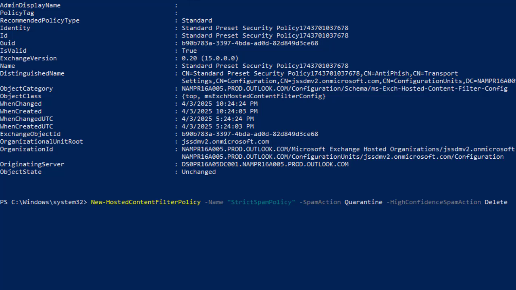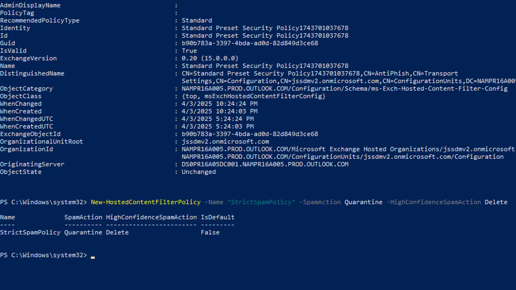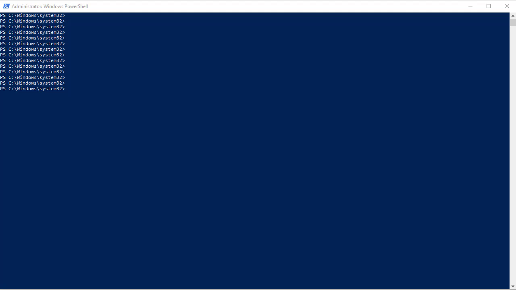Once you type this whole syntax, press enter, and this will be created in just a short while. Now, to create the anti-spam rule, you need to run another cmdlet, that is